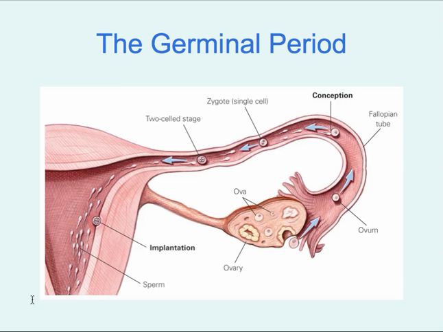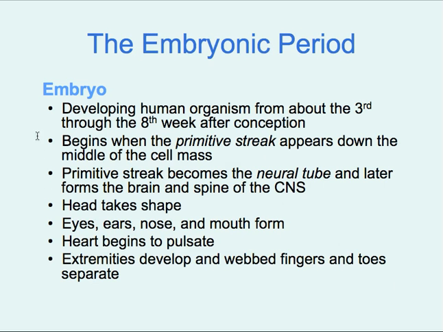So again, the egg cell, the ova, gets released from the ovary. It travels down the fallopian tube where, if it gets fertilized by a sperm cell, you can see some sperm cells here, it then implants itself in the uterine wall here. This is where it's going to continue to develop, and it's at this implantation stage here where we transition into the embryonic period. So the embryo, this is the developing organism from about the 3rd through the 8th week after